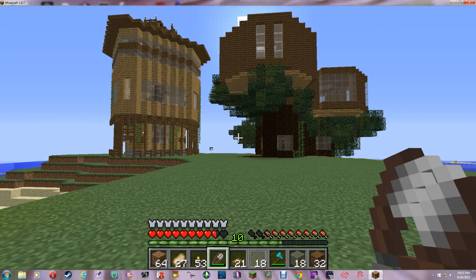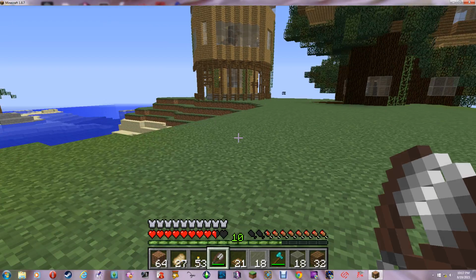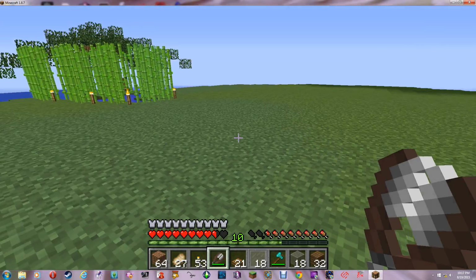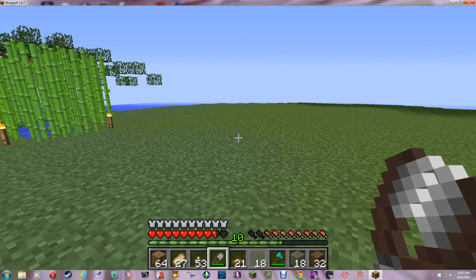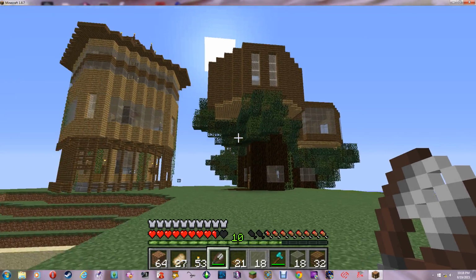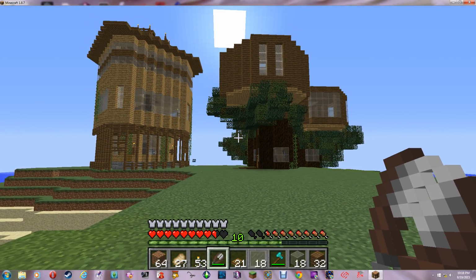So once we get that done, it won't look so stark. Also, I'm going to have to rebuild that Oasis temple. I'm going to have to look at one of the old videos and rebuild that Oasis temple. That's part of the custom map, part of the quest, and I feel bad now that I tore it down. I didn't realize that's what it was until we were looking at our objectives, and I started putting the pieces together, and I was like, oh, that's what that was supposed to be. So I need to rebuild that